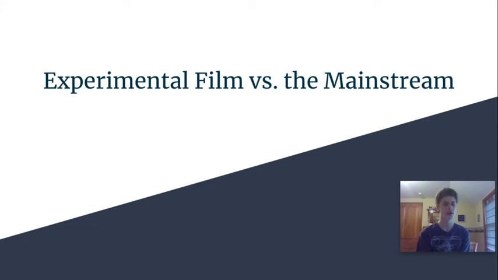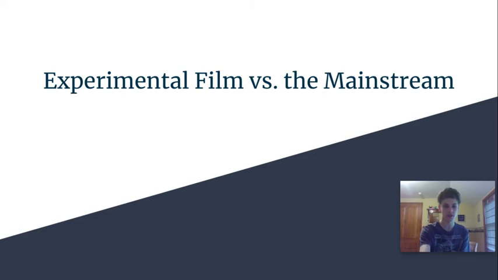There are a lot of different ways to use film. Most of us know it for the types of films that are shown in a movie theater, which are more about entertaining audiences for what they want to see. However, that is only just one way that we can actually use film, because there are many other ways, and that is where experimental film comes into play, because experimental film explores the other ways that film can be used